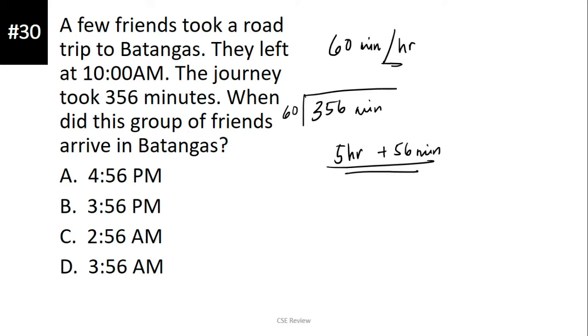Now that we have that, idadagdag lang natin yan dun sa 10 a.m. Ngayon, mag-ingat kayo dun, kasi if hindi kayo sanay sa military time, baka maguluhan kayo magbilang. Kung sanay kayo sa military time, that is 10 plus 5 and 56. That is 15, 56, or dahil naka-AM, PM siya, that is 3:56 p.m. Gumabi na. Okay? If hindi kayo sanay dyan, magsimula kayo magbilang sa 10 a.m. So, 10 a.m. plus 1, 11 a.m. plus 2, 12 p.m. plus tatlo pang oras kasi 5 hours on target. That is 3 o'clock p.m. and then plus 56. So, the answer is letter B.